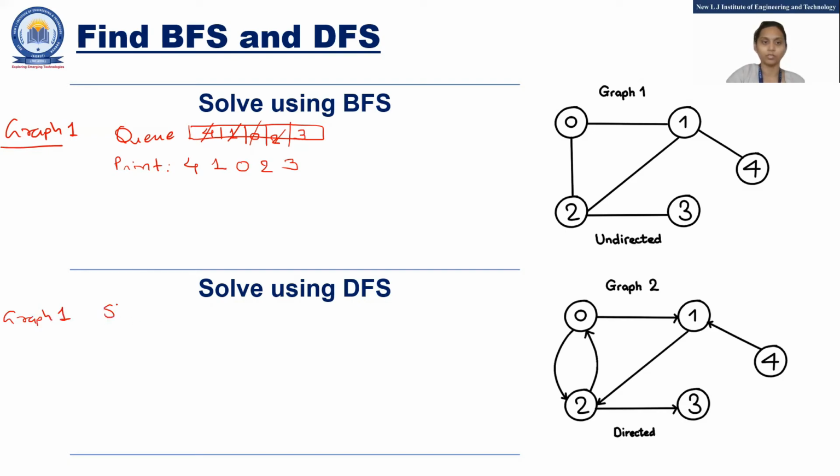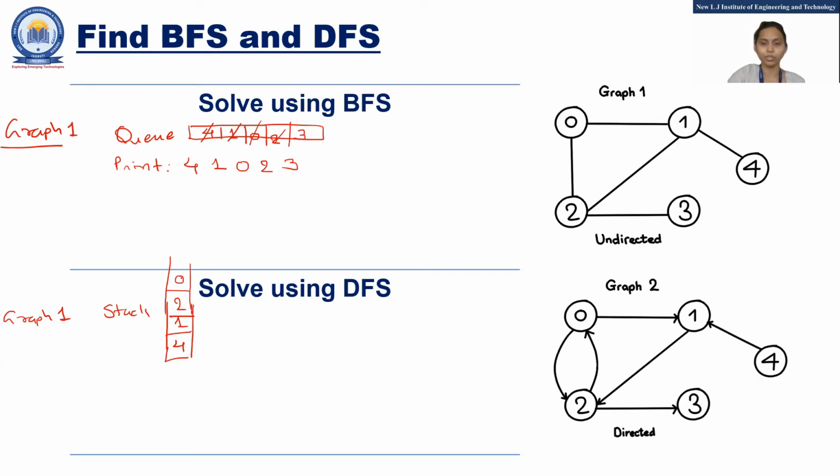So 3 is also DQ. Now for the depth first, what will happen? You have a stack, and as I said, my start node is 4. Now 4 is added. Now check 4: I can jump to 1. From 1, where can I go? I can go to 2. From 2, where can I go? I can go to 0 as well as 3. Which direction should I choose? Both are possible, so a two-way solution is possible with 0 as well as 3. Let me take 0.